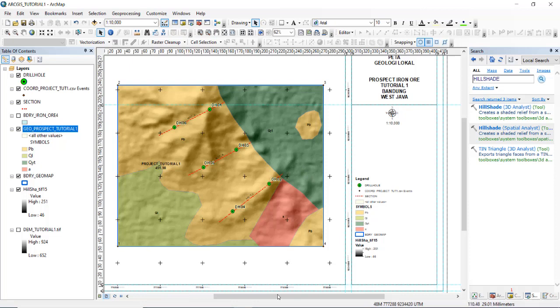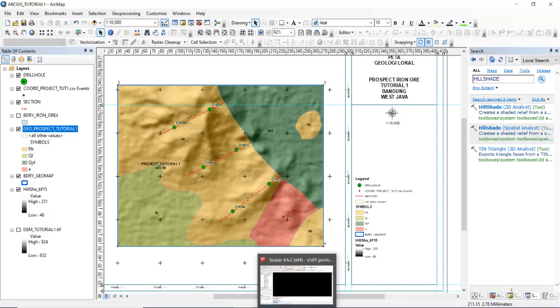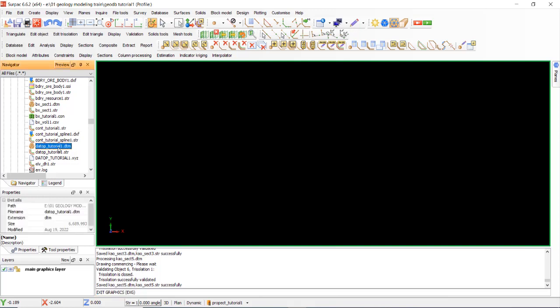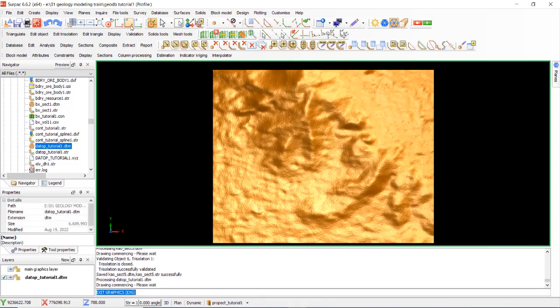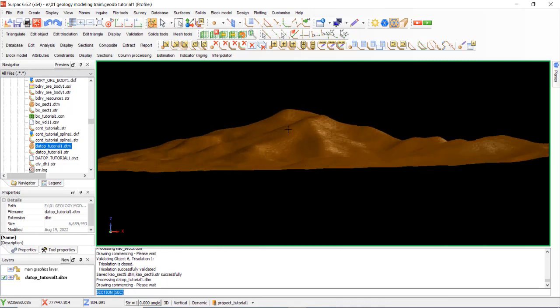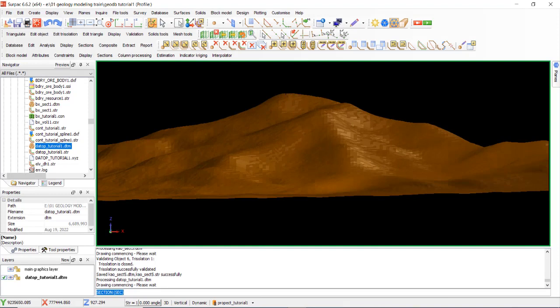We check the DTM. We have built the DTM in the earlier tutorial. Okay, change the section view, zoom, check the highest. You check here the elevation in Z. Elevation is about 928.